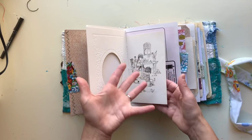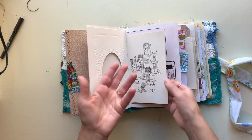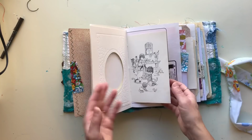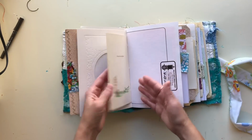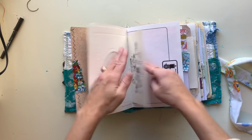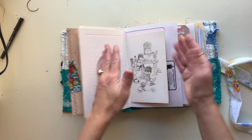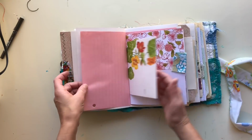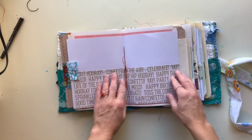They speak for themselves and you almost don't need to do anything to them. Maybe put a little strip of washi tape down here or a little wash of watercolor. But other than that, they actually could become an accent to your other journal pages. So I tried to give you plain papers and then tried to give you pages that had those sweet, sweet